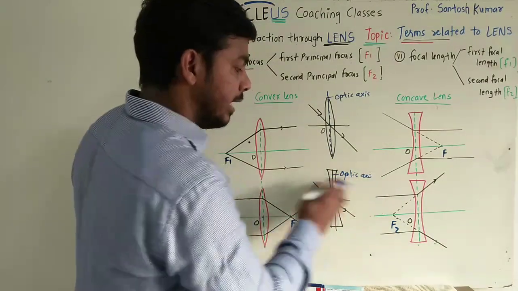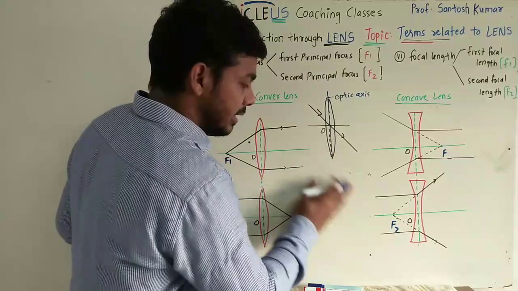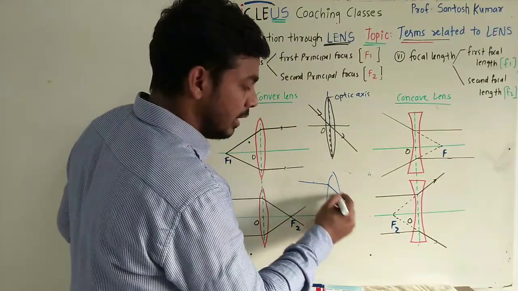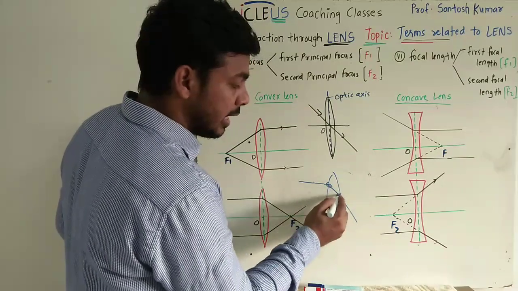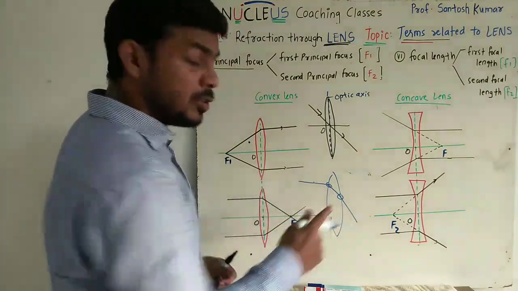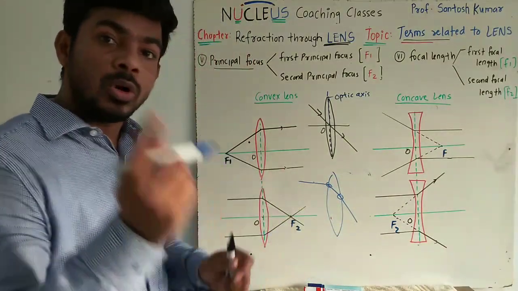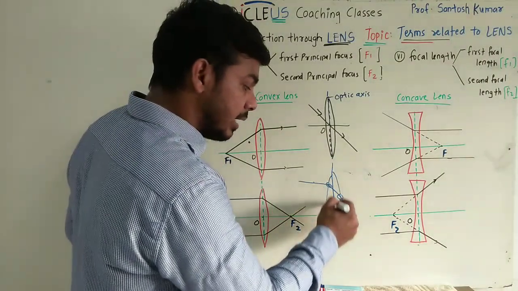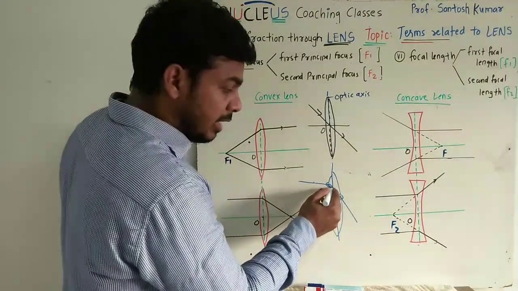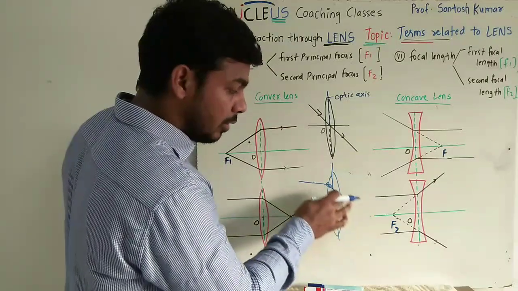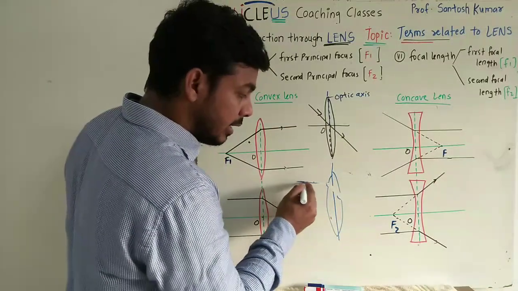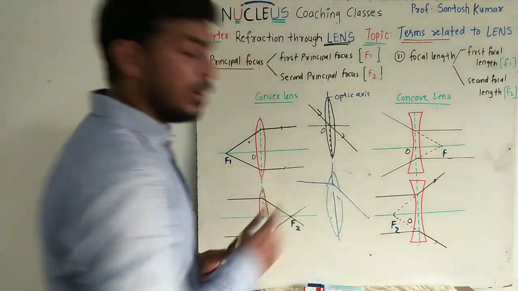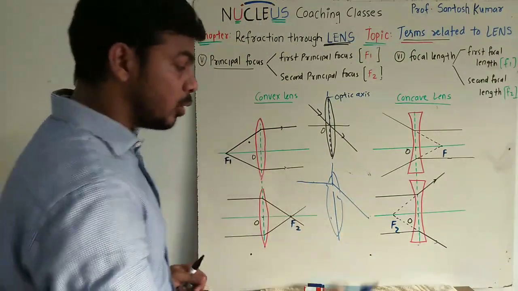What I mean to tell you is that if I consider this ray, it gets bent over here and it gets bent over here. So there are two bendings. Instead of showing two bendings, we will show only one bending for thin lenses, and that bending will be taken from the optic axis. That means if I have to show the bending, the ray will travel till the optic axis and now it will bend away like this. So remember, this is a very important point.